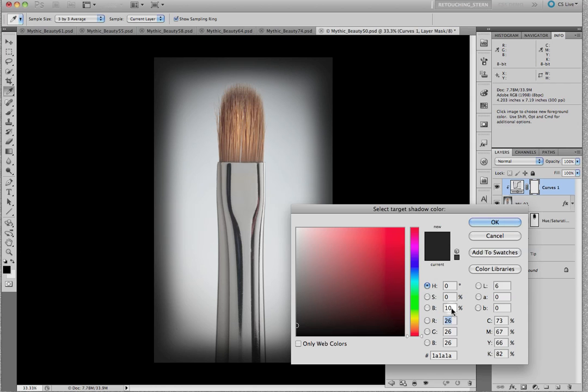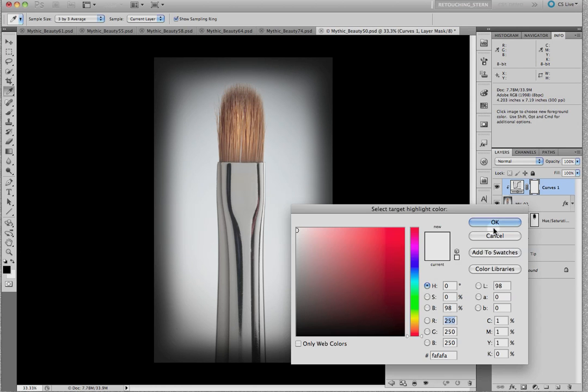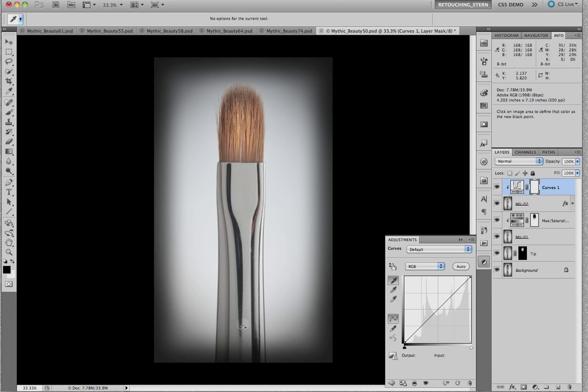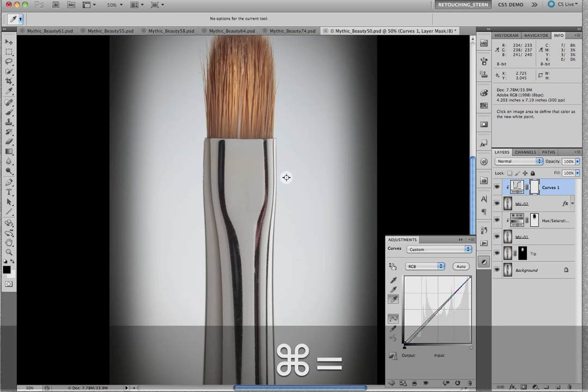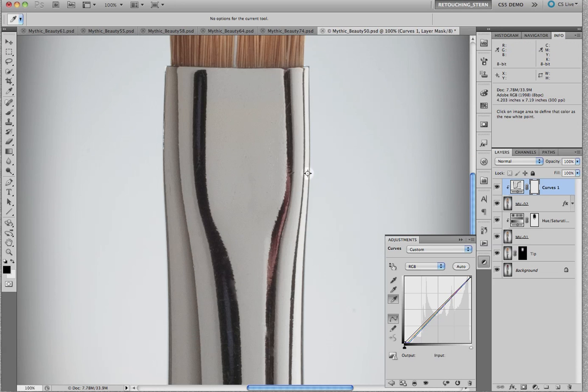black, and I see it set at 10%. And I'm going to double click on the white arrow and see that it's set at 98%. So I click on the black arrow, and if I click somewhere in the black, it really brings down the tone. And I'm not going to click on the white because there is no real, well, there's possibly a white here. Let's see what we get. If I click right here,